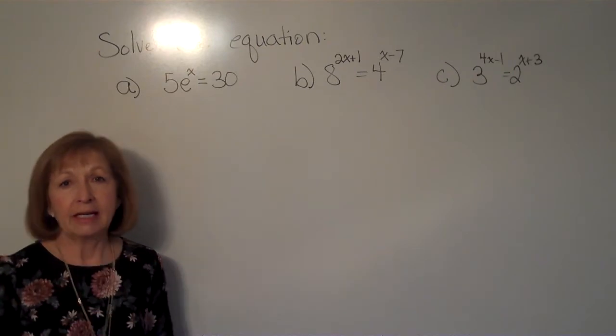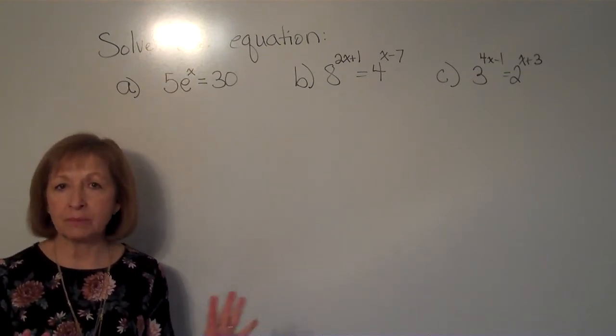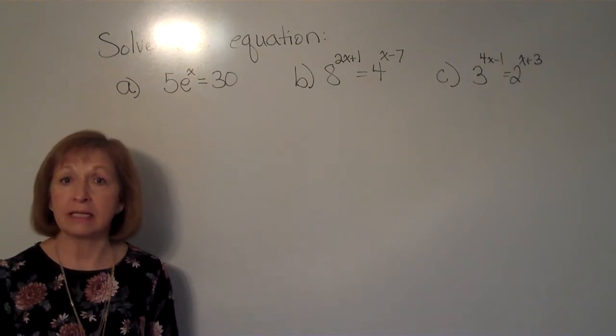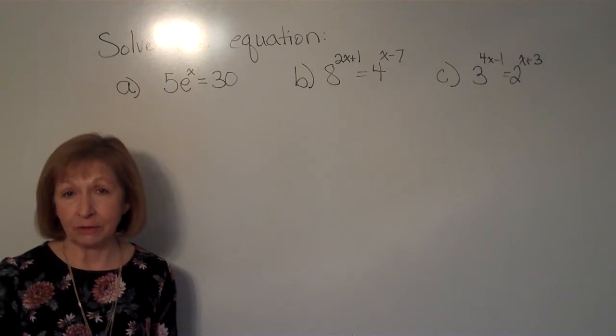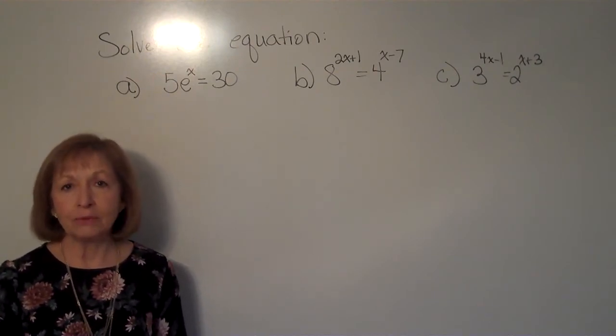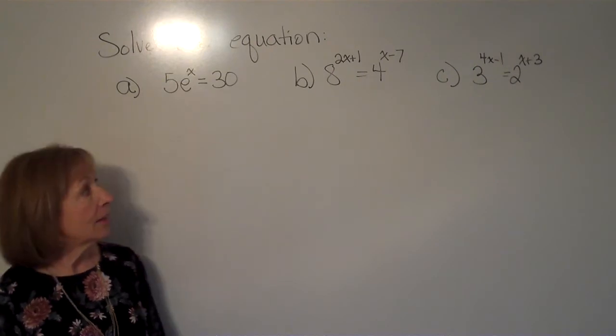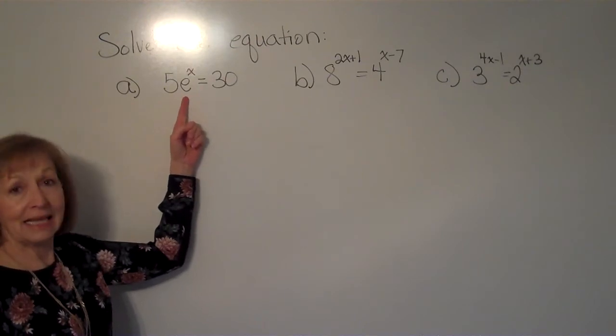And then the other one that's just a little bit messier is if you have exponential expressions on both sides of the equal sign, but the bases aren't equal, nor can you make them equal. So in this video, I'm going to show you each of these cases and how you would go about solving them. The first one here is to solve the exponential equation 5 times e to the x is equal